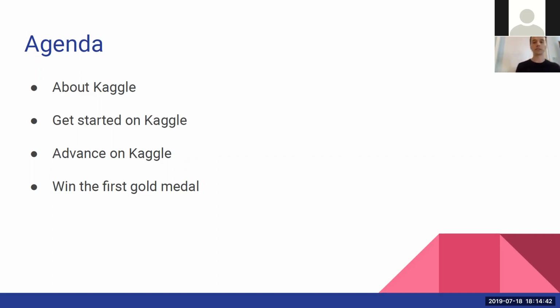And the last section I'll talk about will be how to win your very first gold medal in Kaggle. And I wouldn't say there is a shortcut for that, but I'll cover some things that might help you a lot. I was about to also include another section about my recent competition where we won a gold medal. It's the Santander customer transaction prediction, but this has grown kind of huge, and I decided not to do it this time, but probably next time maybe. We'll see. Okay, let's start.